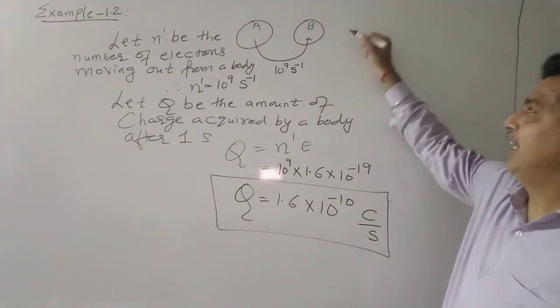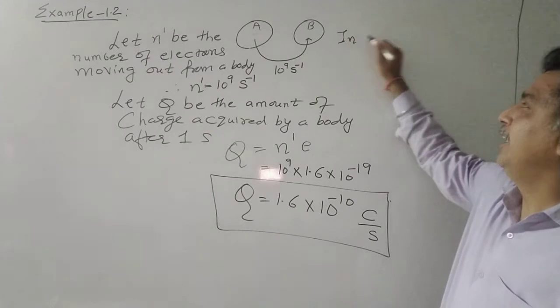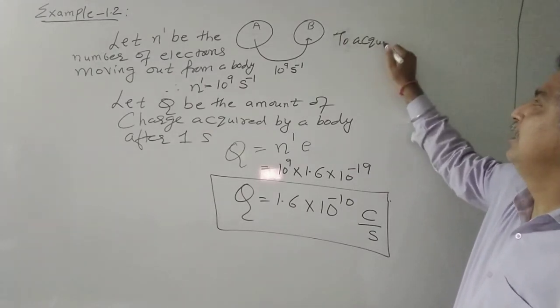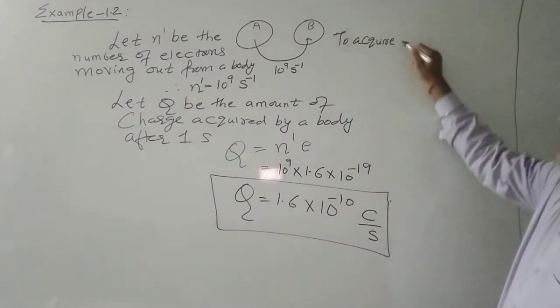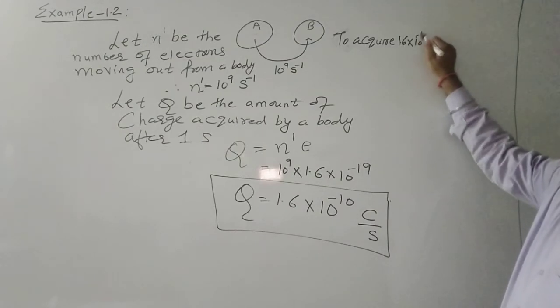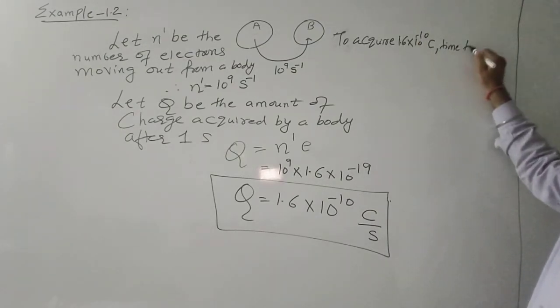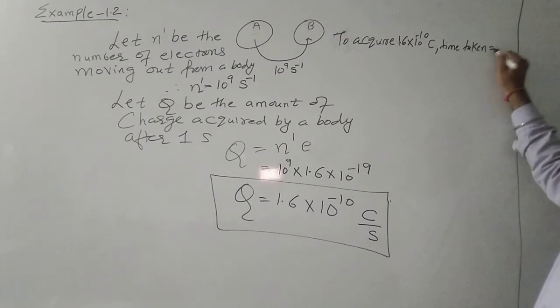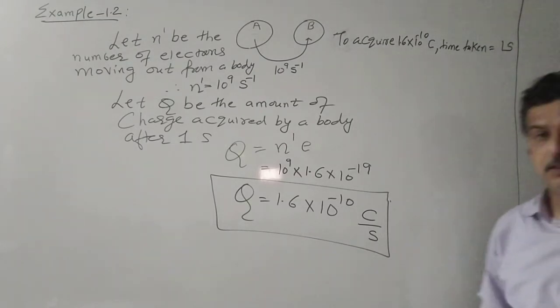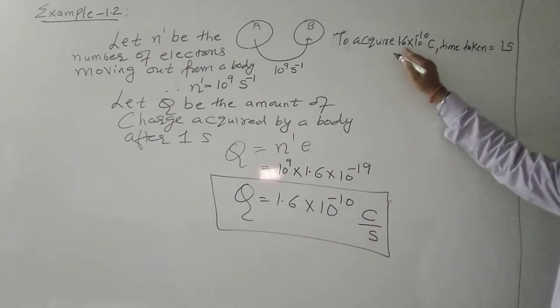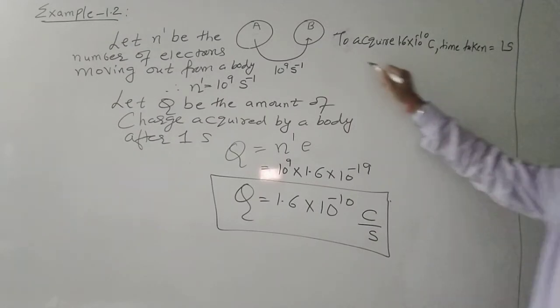So we will write, to acquire 1.6 into 10 raised to minus 10 coulomb, time taken is equal to 1 second. So this is per second. The body acquired a charge of 1.6 into 10 raised to minus